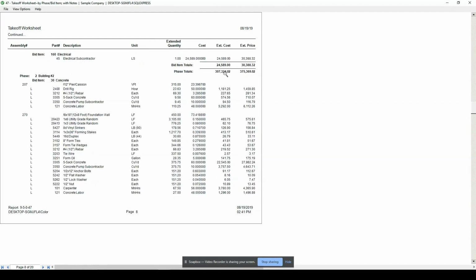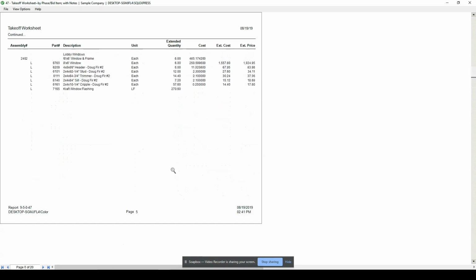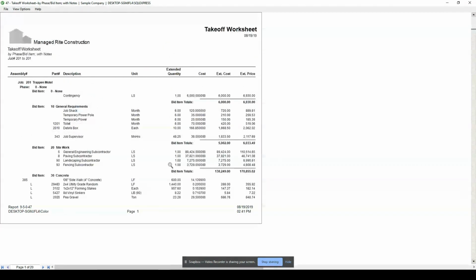Then at the end of phase 1, I'm able to see exactly what my cost is and what I'm charging out to the client, and I can break it out by each bid item, especially if we're moving monies and trying to come into that negotiating phase where we have not locked down a bid. We can start seeing exactly where we can move money, especially from a bid item standpoint or even a phase standpoint, tracking what our true cost is going to be.